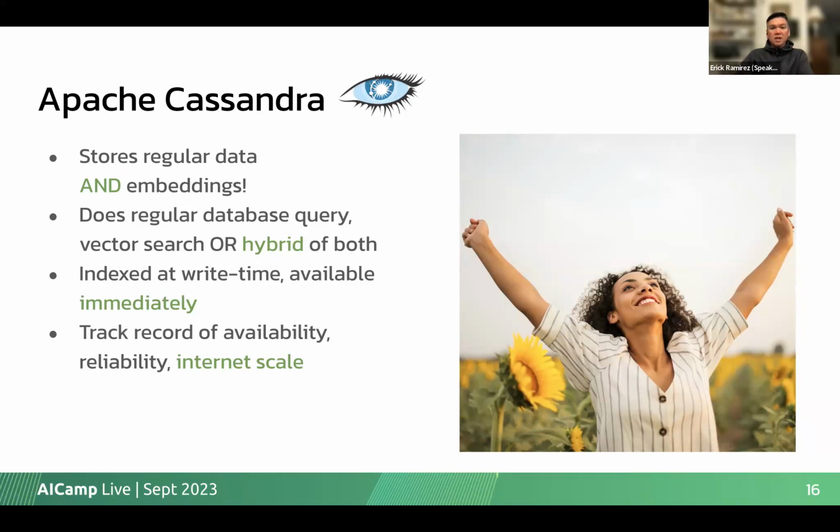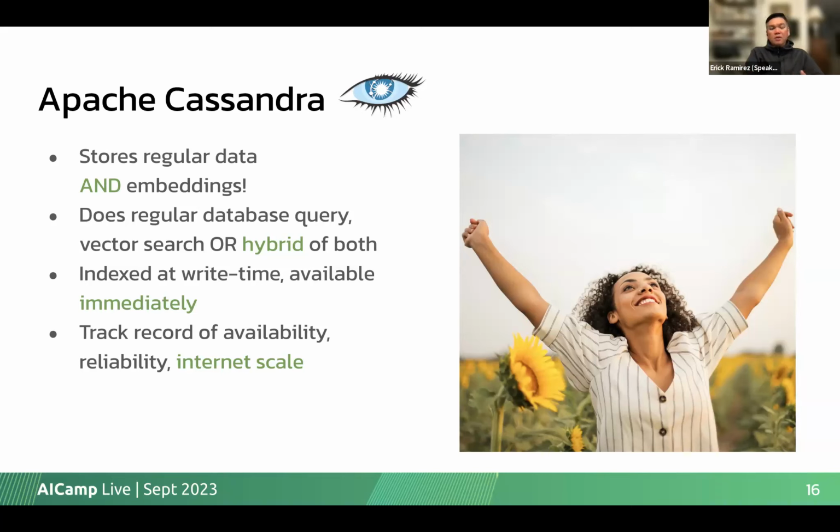So huge downside. Imagine if you're writing 1 million data points per second. You're constantly having to wait. Whereas in Apache Cassandra, because it's happening at write time, you can query in real time. You can query your data immediately.